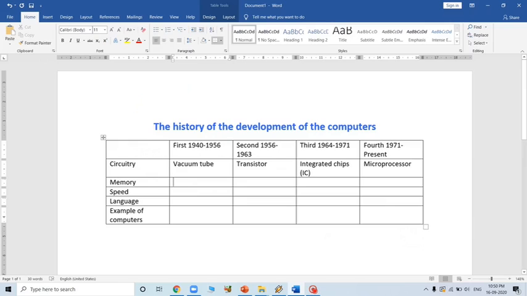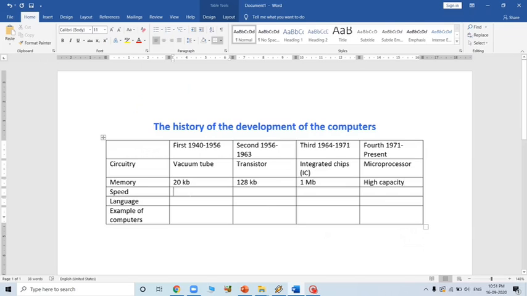In the first generation computer the memory was 20 kb, in the second one it was 120 kb, and the third one was a bit extra, 1 MB, and the fourth generation had high capacity in terms of memory.